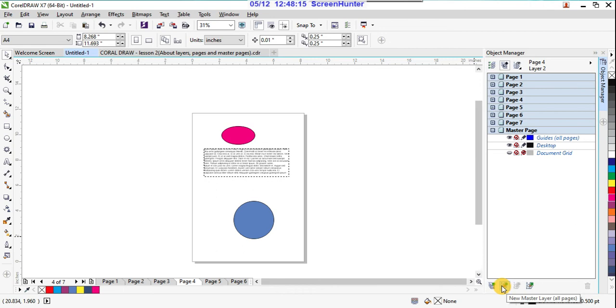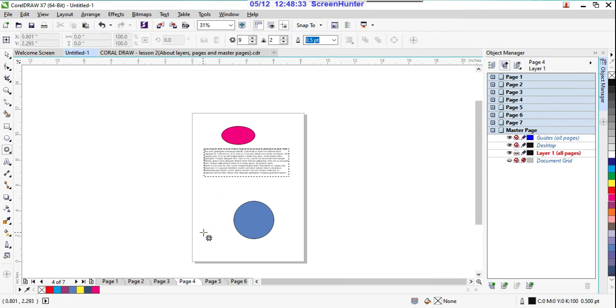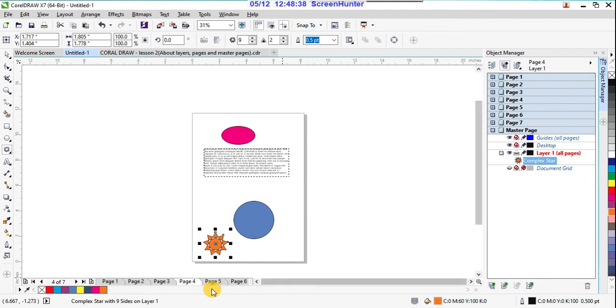Suppose here a new master layer, all pages, right? For all pages I'm using new master layer, just click on that, right? Here suppose I'm drawing one shape here, right?